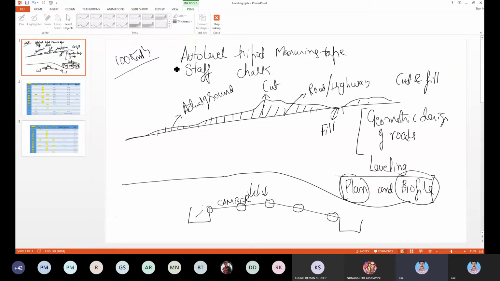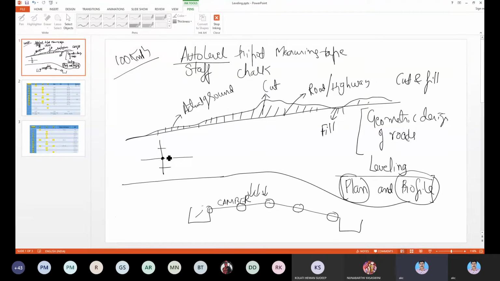Now the auto level, I explained in the video also. Basically it's an equipment which is a telescope with two openings, one to view, the other to focus the object. The auto level has a focusing mechanism, which means if the object is not visible, we can focus it for clarity. Also, if you look into it from the eyepiece, you will see crosshairs. This particular point should coincide with the reading you want to read. Like that you decide the staff readings.